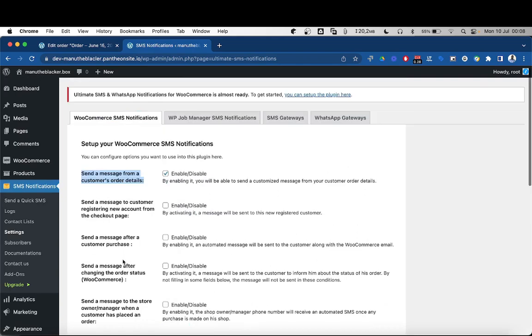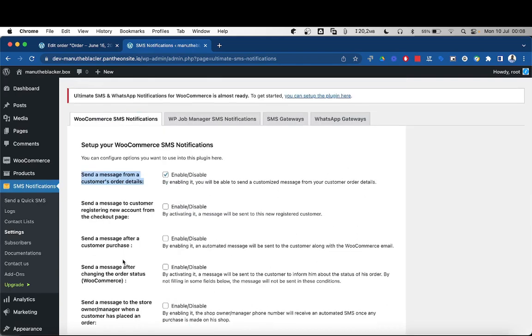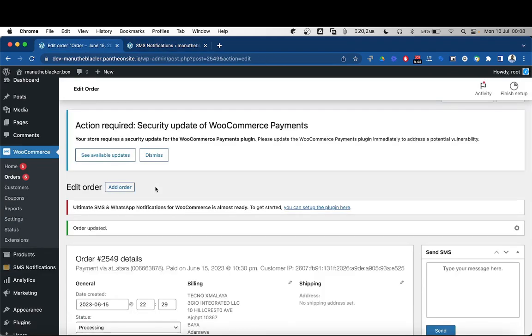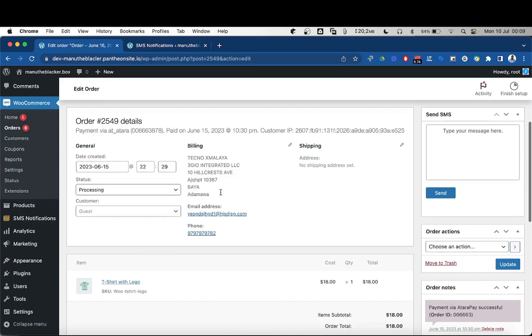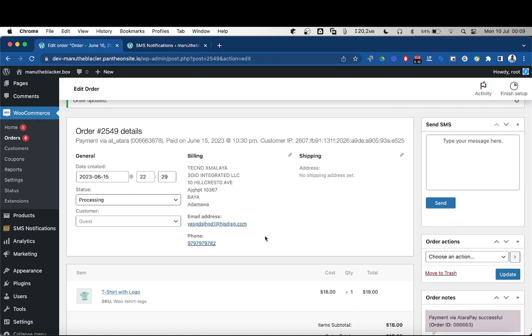Once we save it, we will look for one particular customer order details. For example, I've opened here one customer order details. Here I have all the information related to the customer, his phone number, his email. But here, what matters for me is the phone number. So in order to send the shipping information to my customer,